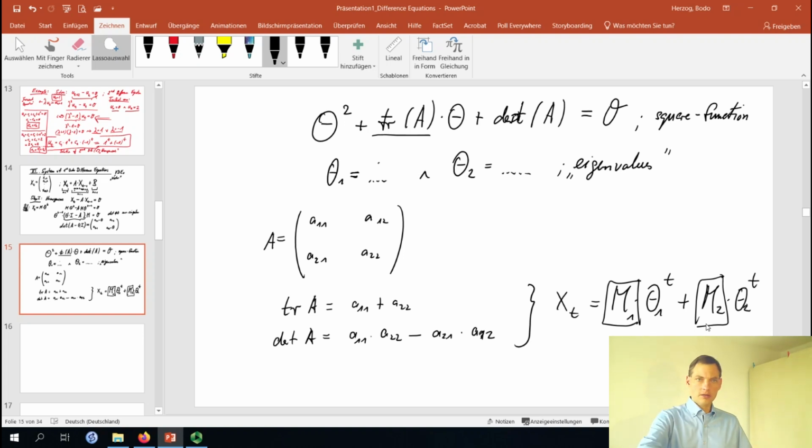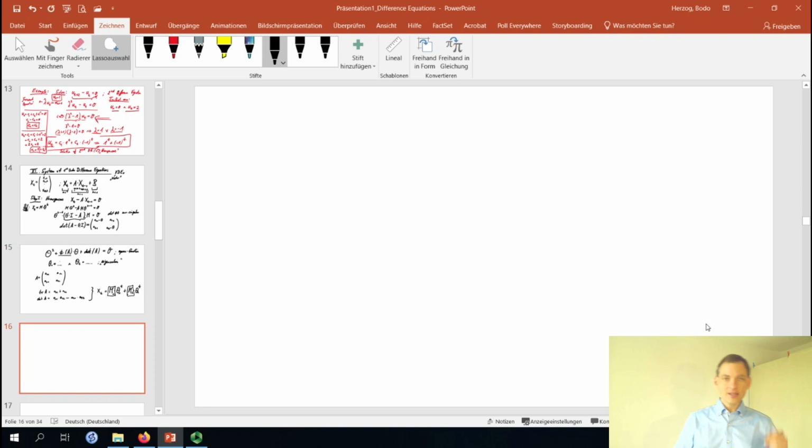eigenvectors of this problem. Eigenvectors and eigenvalues you have learned already, right? In high school and in the first semester mathematics class they are very fundamental because they give you a deep insight into what matrices are about and what the dynamics of these matrices is, and therefore we need these in particular when we talk about differential and difference equations. So how can we find the eigenvectors for this problem